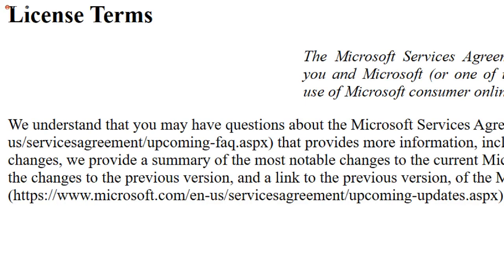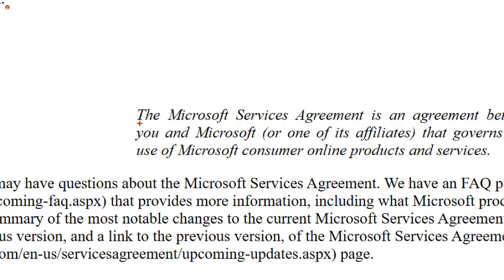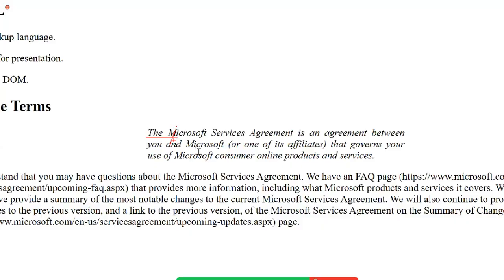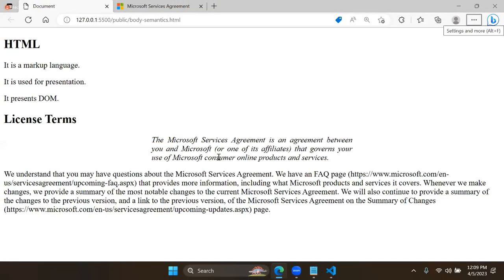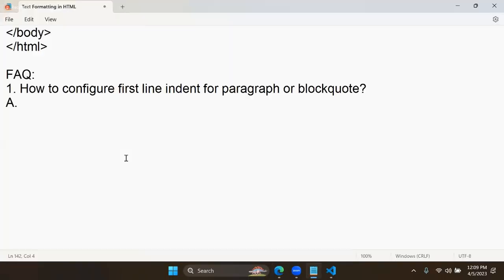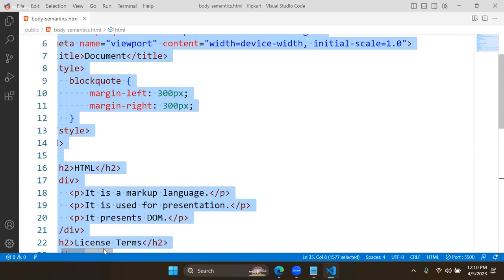The paragraph and the block quotes: the first line should start with some gap, not immediately. That's a very common documentation requirement. How will you do that? For that, what you have to do is here